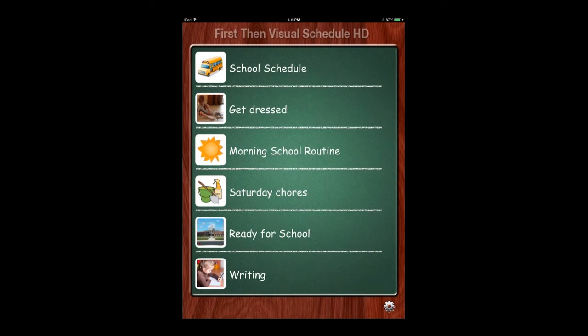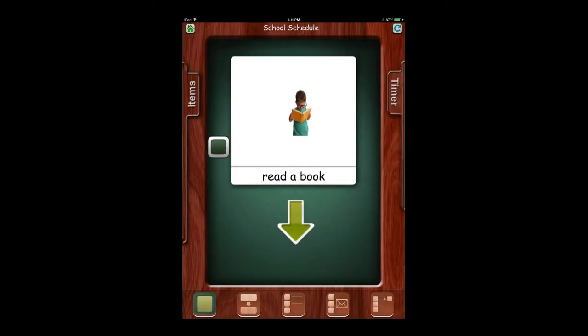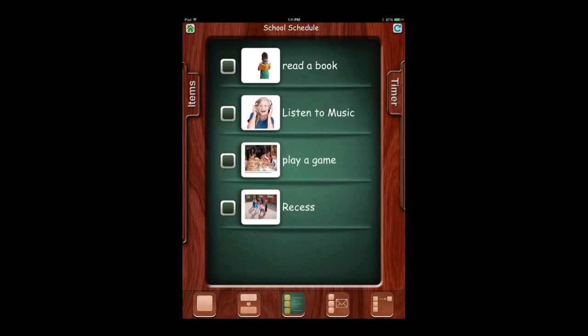And let's go into the school schedule to take a look at our choice board. So tap school schedule. At the bottom you'll see the different formats for your schedule. I'm going to select the list mode. So you can see the list of the events within the school schedule, which are read a book, listen to music, play a game, and recess. And so for the first event, the first step is to read a book. So if you tap on read a book,